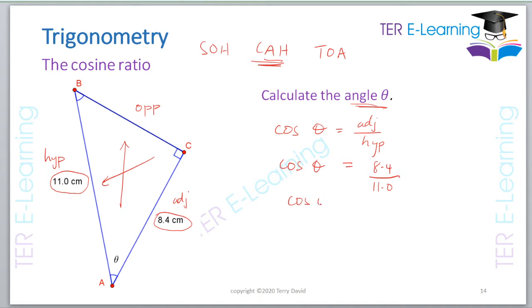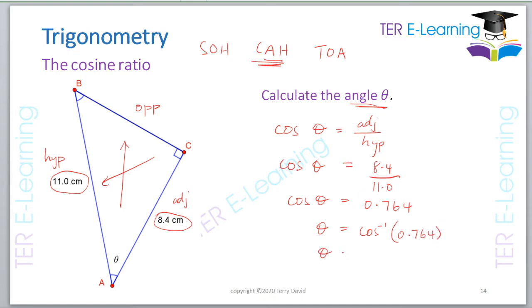So cos theta, you're going to use your calculator to work this out. 8.4 divided by 11. And this gives me, we're going to write this answer to 3 decimal places, 0.764. And now in order to get theta, theta is simply the inverse cosine of 0.764,